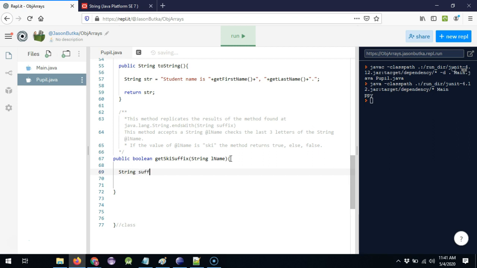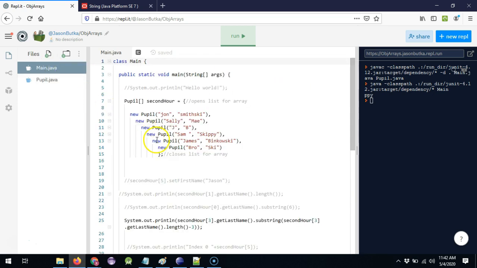So I'm going to call it suffix. It's a string variable, and I'm going to assign to it the value of SKI. And then I'm going to go ahead and run a check. So if the LName of the object, and this is really where all of our work comes from over here. As a matter of fact, I can almost steal this